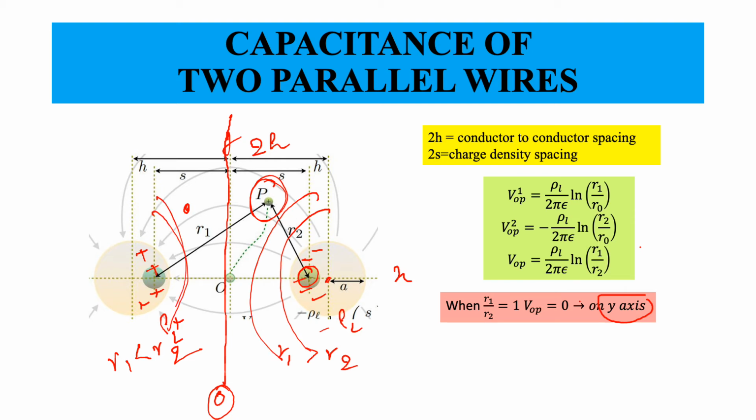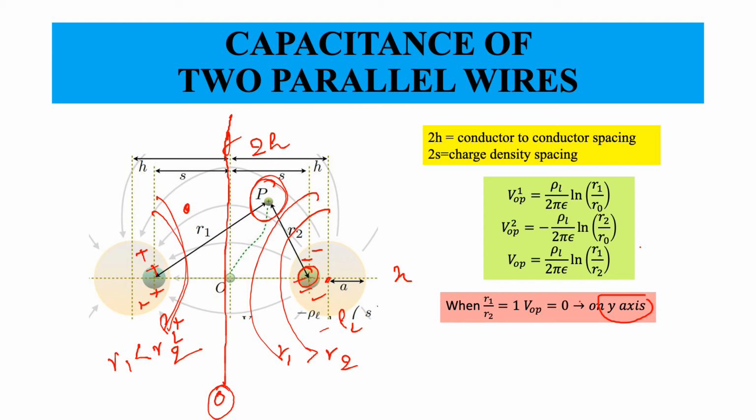To the left these would be negative, to the right these will be positive, and you see that these equipotential surfaces are centered, but these centers are not exactly concentric, they are slightly different, right? So this is an equipotential surface, and if you want to calculate potential, you need to take any point P(x, y) that will be required for calculating the capacitance.